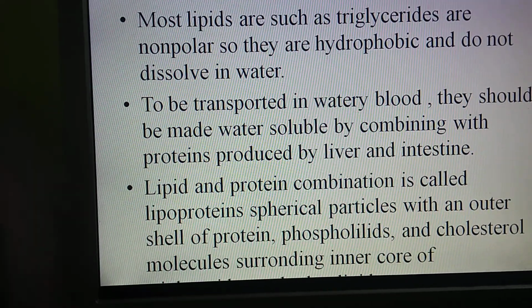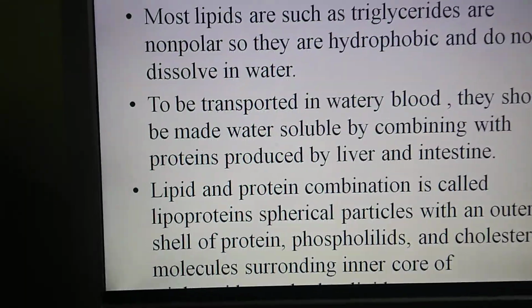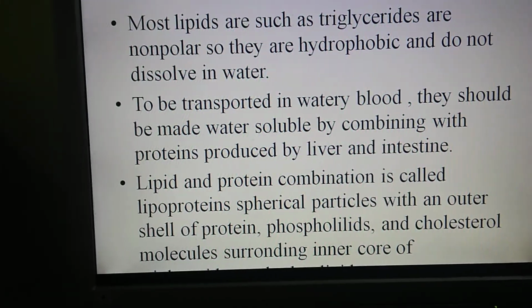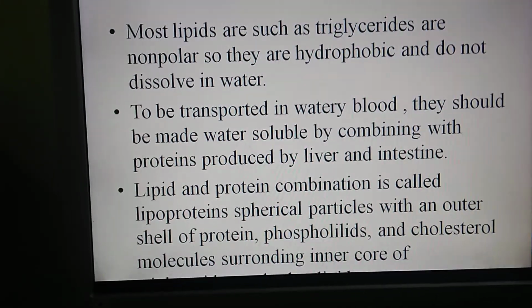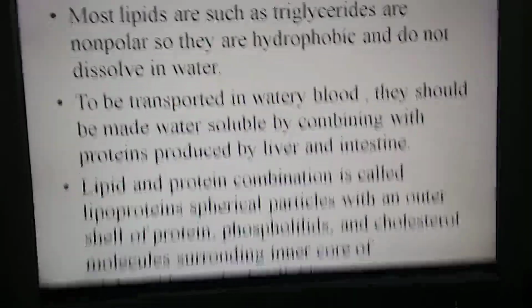Lipid and protein combination is called lipoprotein. Spherical particle with an outer shell of the protein, phospholipids, cholesterol and molecules surrounding the inner core of